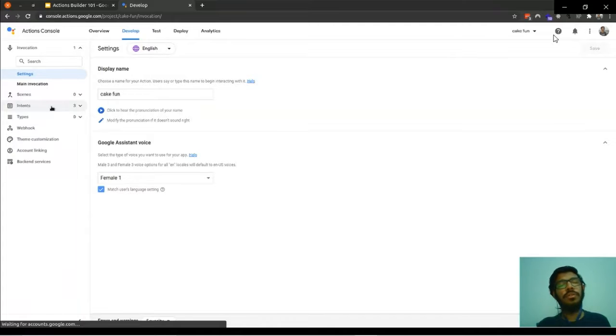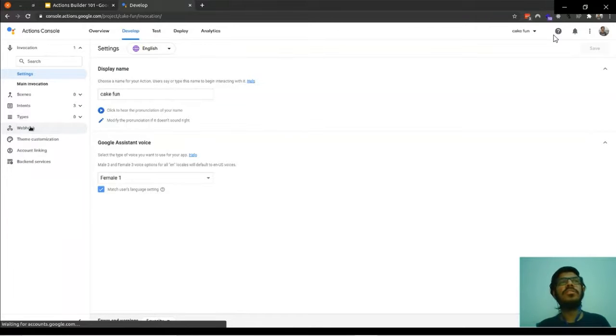Next thing is intents. I already explained that. Intents are basically the way to grab the user's intention and perform particular code based on it. Next is type. I'll cover this in a moment. Webhook is basically calling your web service in case you want to write your backend code in some other service like Firebase, Google Cloud Platform, Cloud Functions.